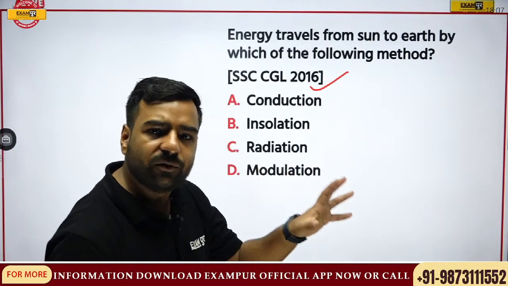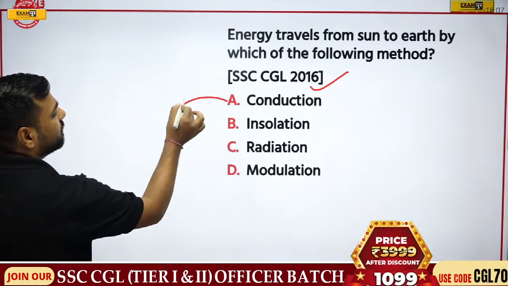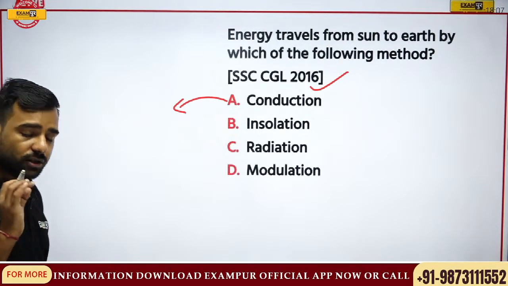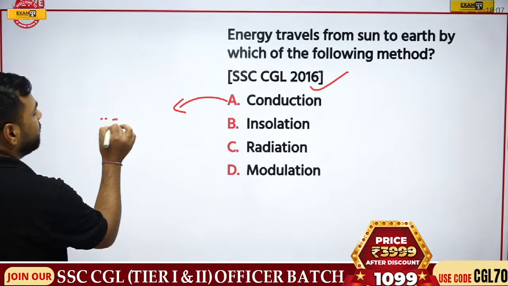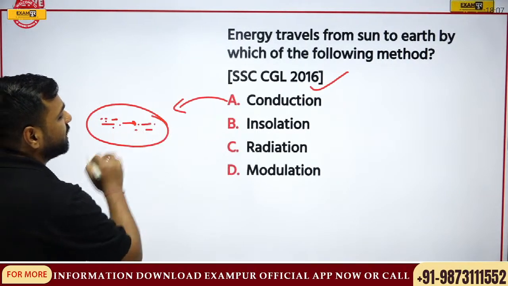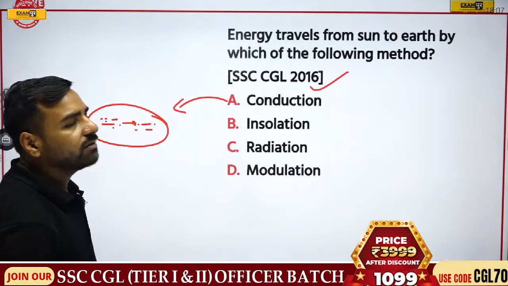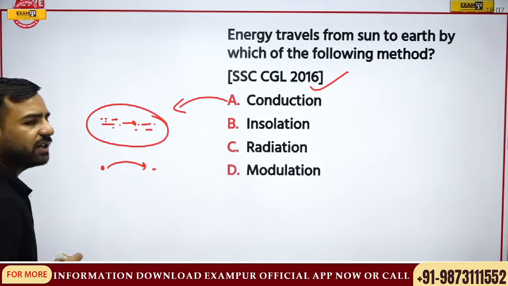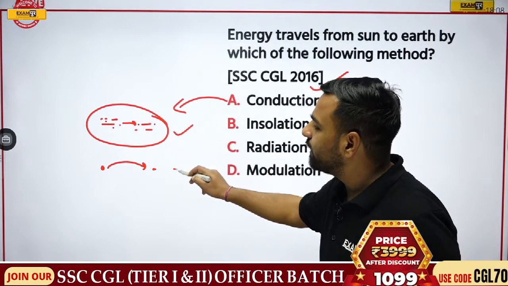See, whenever we talk about conduction, what happens, I'll write for you. When we are talking about conduction, there is no net movement of electrons or molecules. What is happening? The disturbance in one molecule is disturbing the next molecule, and because of that vibration starts, but there is no movement of the molecules. Fine. But if I talk about convection, what happens? The molecules are actually moving from one location to another, where we can talk about gas or liquid. But we are talking about molecules, right? That is, we are talking about mediums.